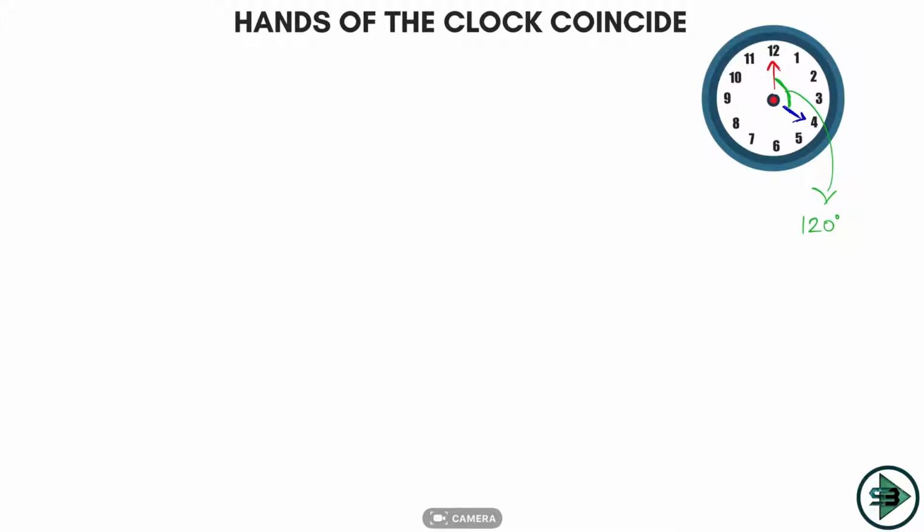Why? Because between 1 hour the angle is 30 degrees. So it is 4 hours, 30 into 4, 120. We know that. Now the question I am asking you is, it's 4 o'clock, between 4 to 5. Which means in this 1 hour between 4 to 5, at what time will the two hands of the clock coincide? First of all, what is the meaning of coincide? See, this is my hour hand and this is the minute hand. They overlap like this. Okay, this is the meaning of coincide. When will this happen? What is the time when this will happen?